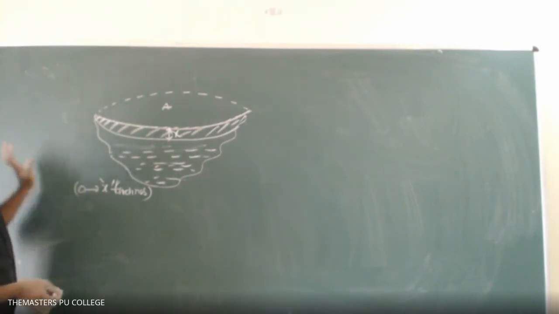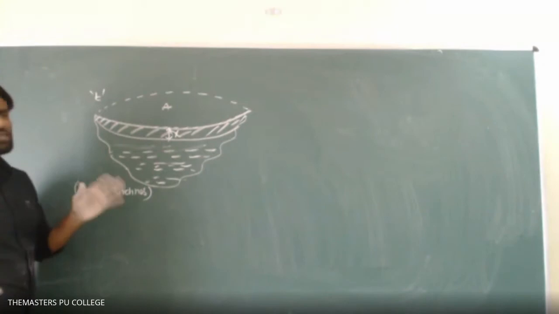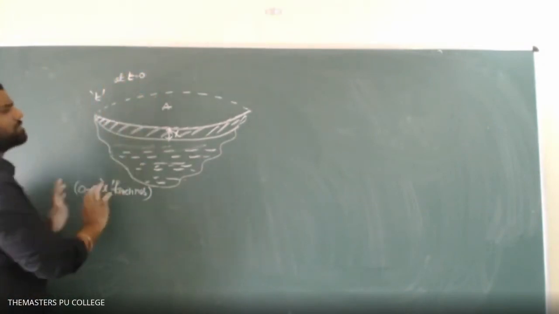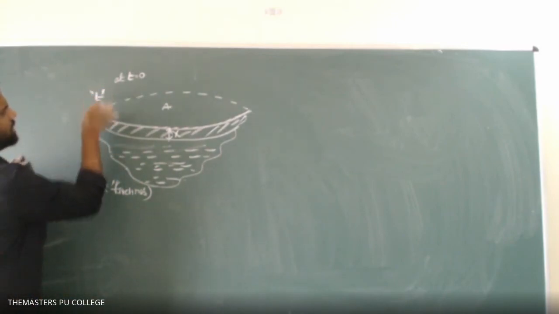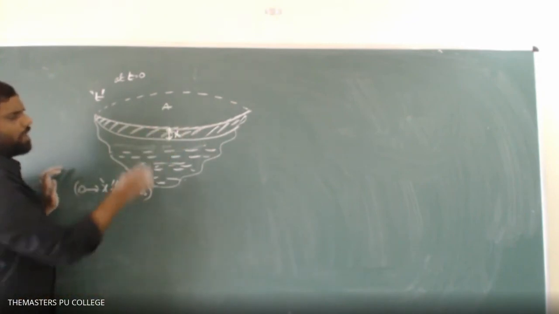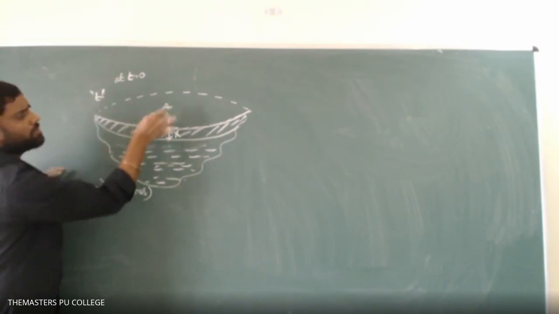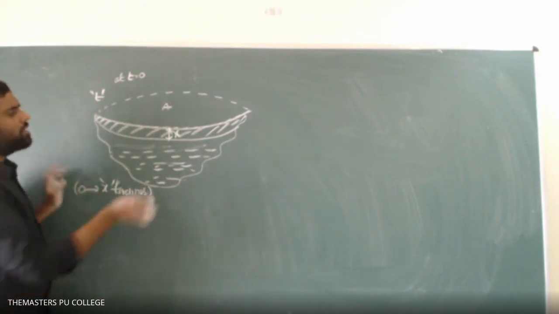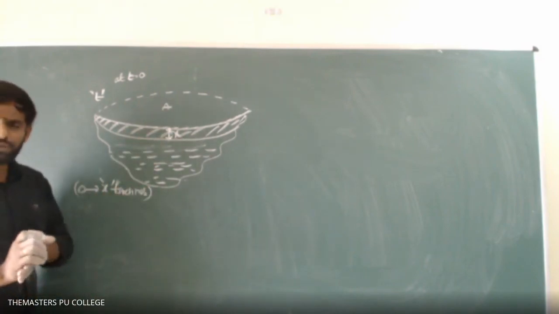At an instant of time t, initially at t equals 0, there is no ice layer, just ice is about to start forming. At some instant of time t, if I notice the ice layer thickness is x, how can I calculate the time taken to grow the ice layer from 0 to x thickness? That might be centimeter or meter. To grow its thickness from 0 to x, how much time will it take? Let us see. I am going to use the integration method.